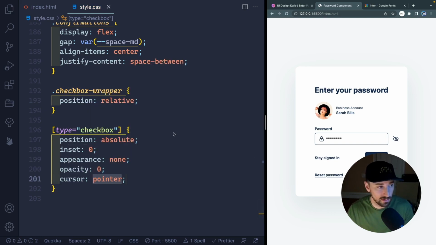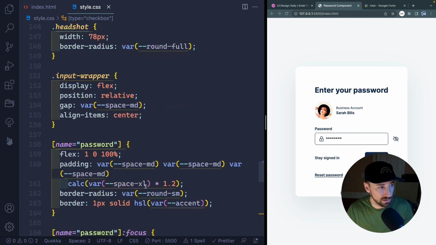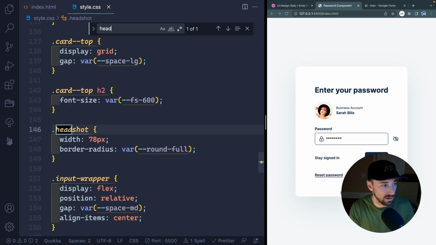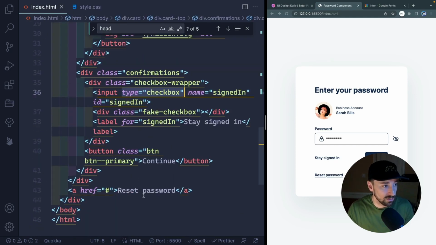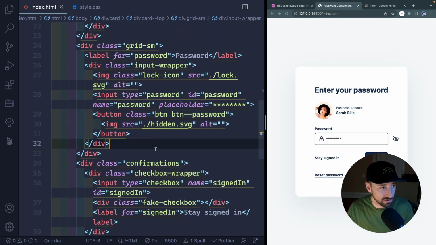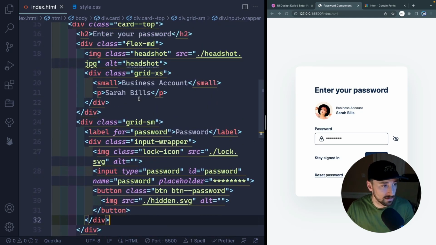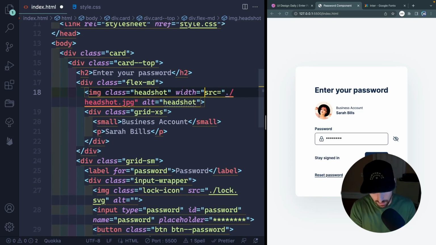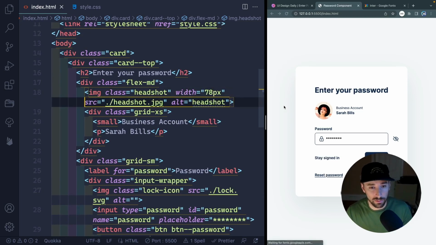Yeah, there we go. The other thing I want to do, because I keep getting this flashing here on the image. Let's see, headshot. What was that, 78 pixels? So let's go ahead and just set this width directly on the image itself so that it doesn't flash constantly like that. Right here. So width will be 78 pixels. And that way it loads in at that size too. Okay. Now we've got that